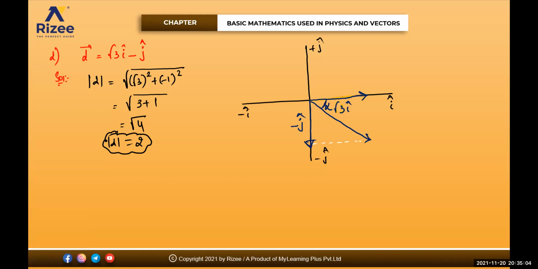So this is your x-axis. This is your y-axis. This is your y, this is your x. Can you tell me what is y? Y is equals to 1. X value is root 3. So tan alpha will be equal to y by x. So tan alpha is equals to 1 by root 3. Tan 30. Very good. That means alpha is equals to 30 degrees.